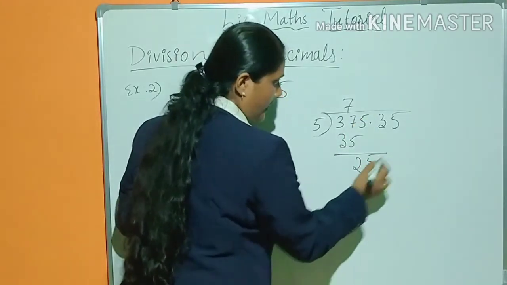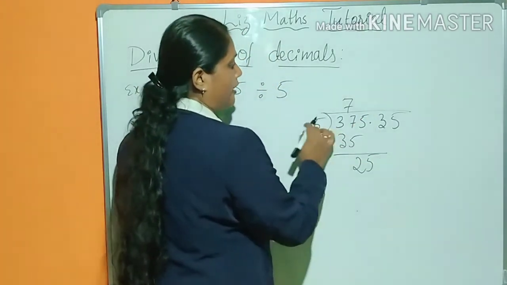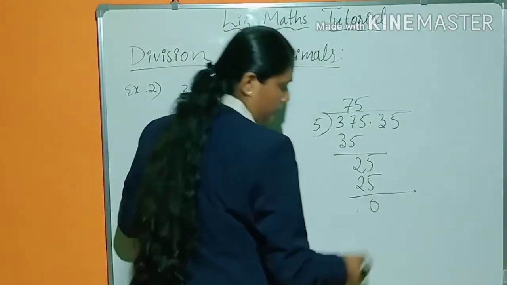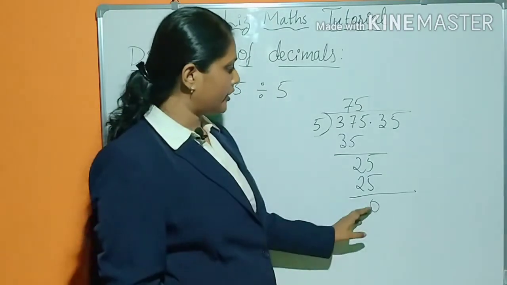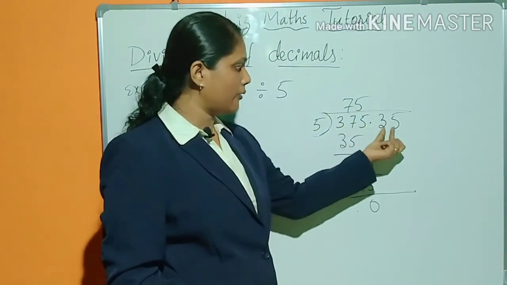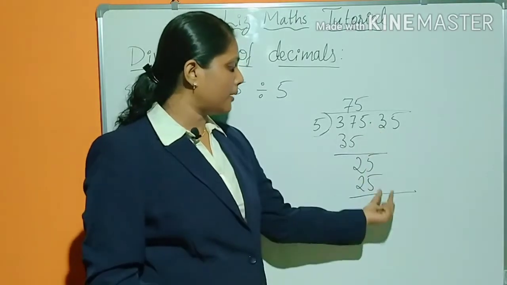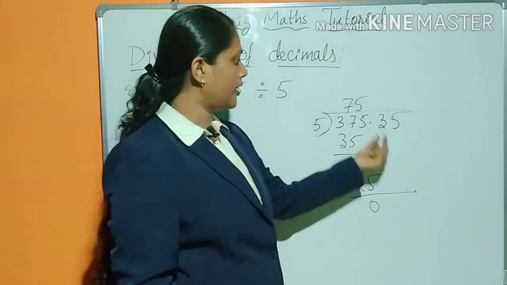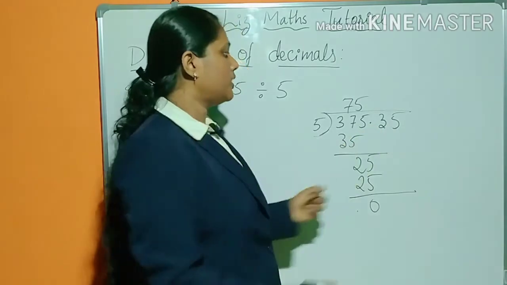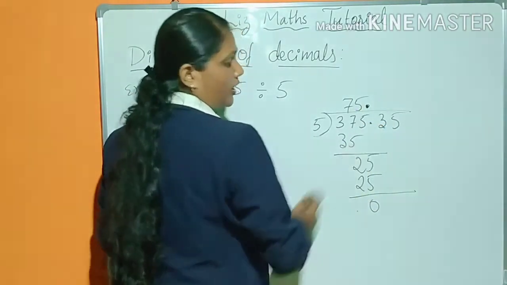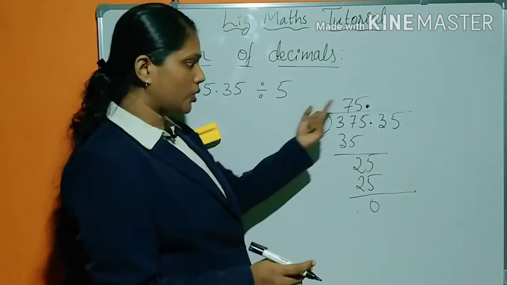Take this 5 here down. Now here 25. 5 5s are 25. Here you got 0, isn't it? Now you are going for taking here this numbers is over. Now you are going for the decimal point, isn't it? Now after this decimal point number you want to take here down. So when you are going for the decimal digit, put this decimal point here in the quotient also. Got it? Put that decimal point in the quotient also.